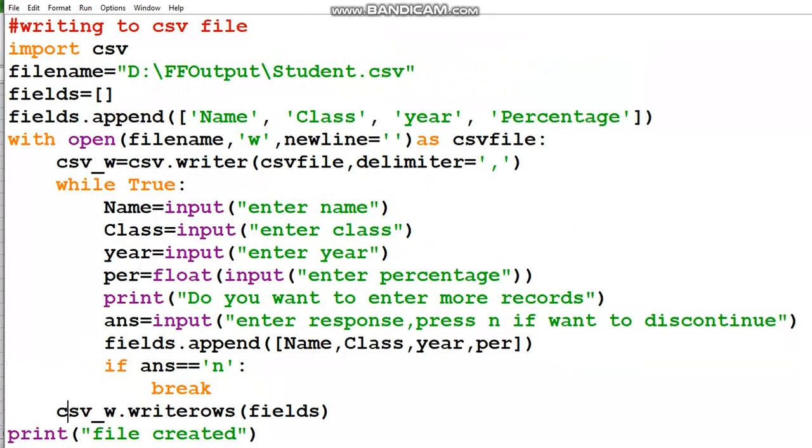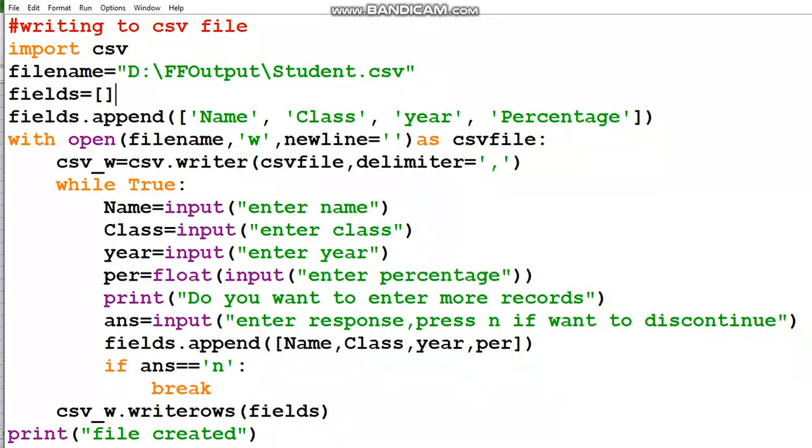A few things to be noted here. This argument I wish you would omit and try, and see what happens, what its importance is. You can even change the delimiter over here. You can put a question mark or semicolon, and see what happens in your CSV file. For opening the CSV file, you have to go to this folder, and there you open the CSV file through any software.